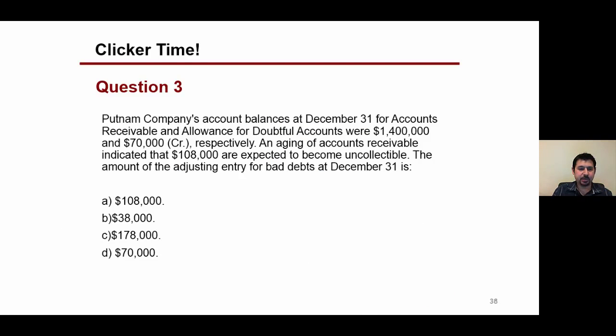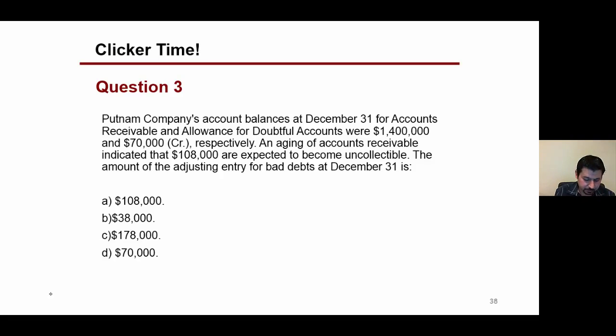Putnam Company's account balances at December 31st for accounts receivable and allowance for doubtful accounts were 1,400,000 and 70,000 credit respectively. An aging of accounts receivable indicated that 108,000 are expected to become uncollectible. The amount of the adjusting entry for bad debts at December